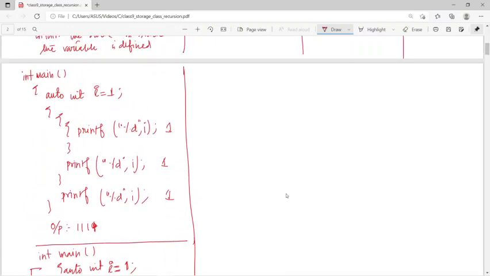Here in the first case, this is because we know all printf statements occur within the outermost block. Actually, a block of statements enclosed within a pair of braces, that is a block you can treat as a block. So I has been defined. So it means that the scope of the I is local to the block in which it is defined, and the moment control comes out of the block in which the variable is defined, the variable and its value is